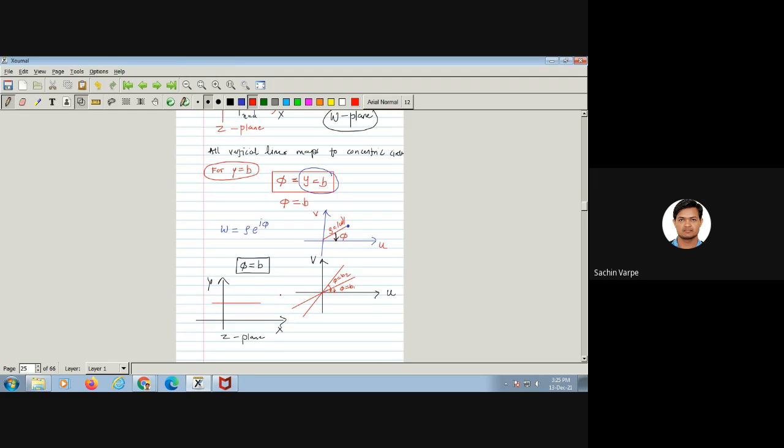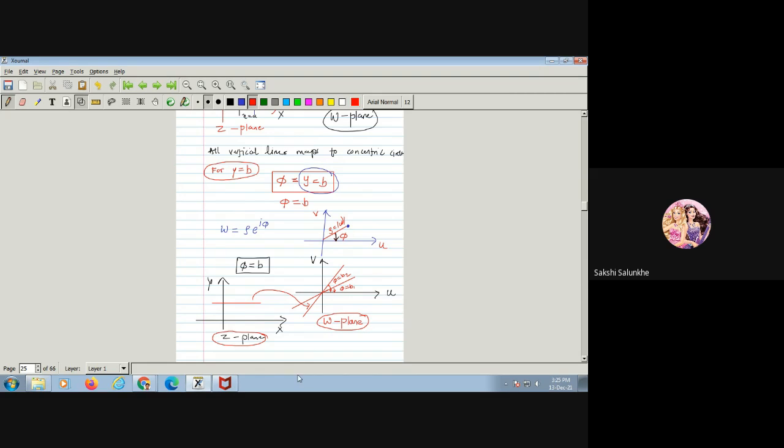So what is its transformation? Again a line, but that line is passing through the origin. Is the line y equal to b passing through the origin in the z plane? Tell me. It would for b equal to 0, but for b non-zero it will not pass through the origin. But under this transformation e to the power z, this line is getting mapped to a line which is now passing through the origin in the w plane. Is this point clear to everyone?